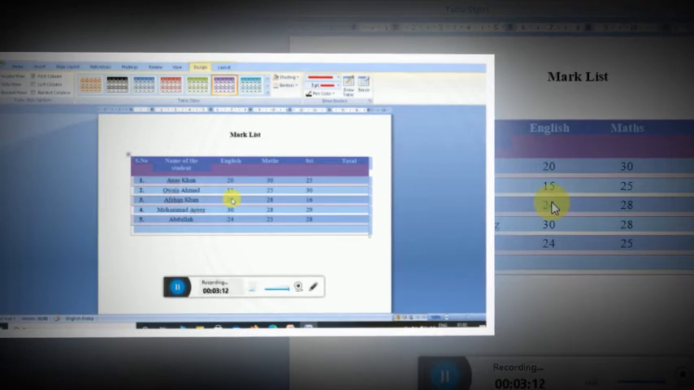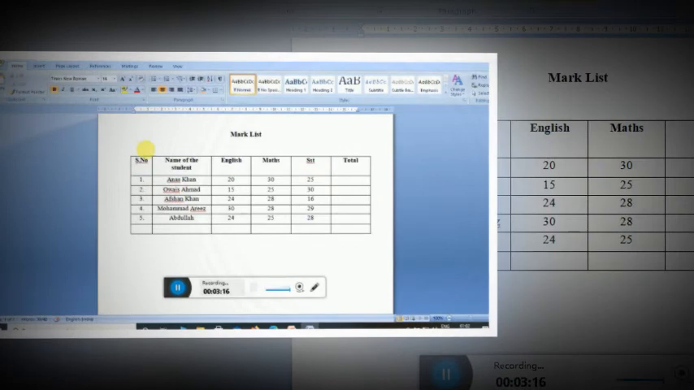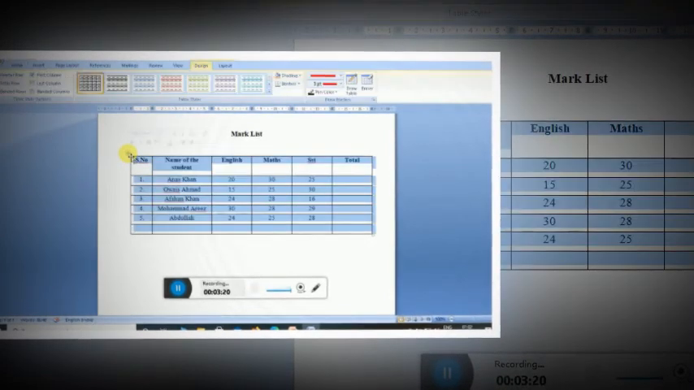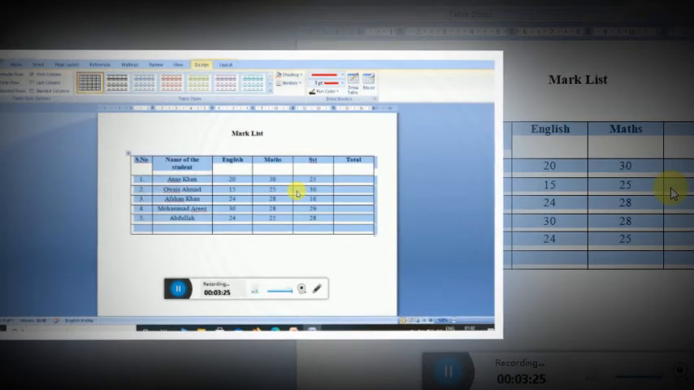Now one more time, just again click on the table icon. First you have to select your table with the table icon. Now just go to the